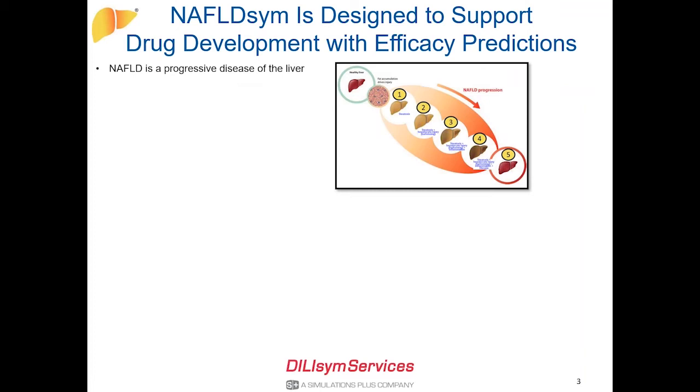So just by way of overview here on slide 3, let's talk about the problem and how we see NAFLDsym helping. First of all, NAFLD, or non-alcoholic fatty liver disease, with a subset of that being non-alcoholic steatohepatitis, or NASH, is thought to be a progressive disease of the liver, whereby the lipid burden placed upon the liver leads to hepatocellular injury, ultimately fibrosis and potentially cirrhosis, hepatocellular carcinoma, and a number of associations with mortality as the disease